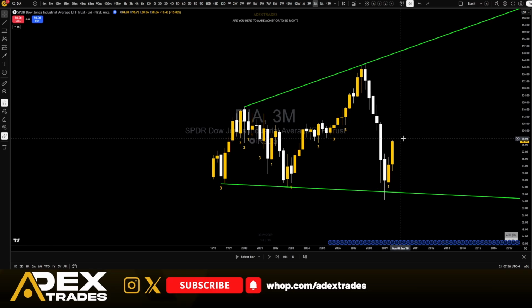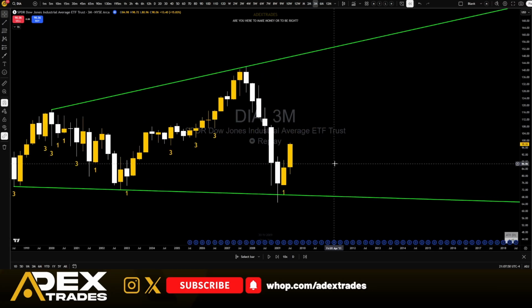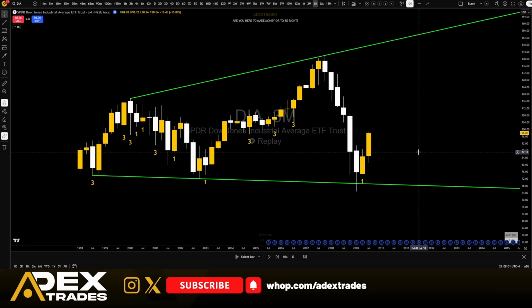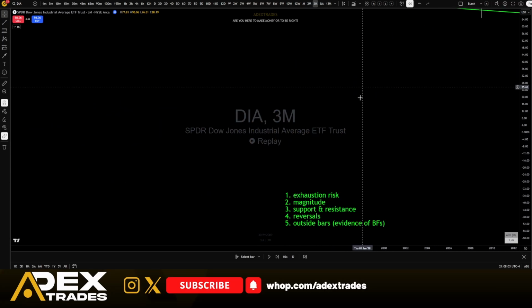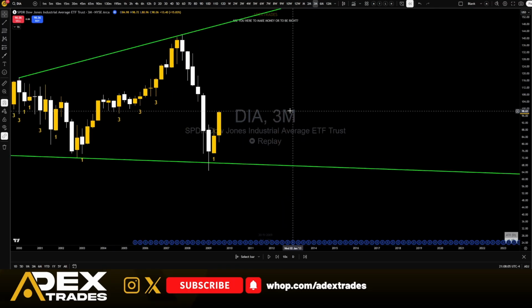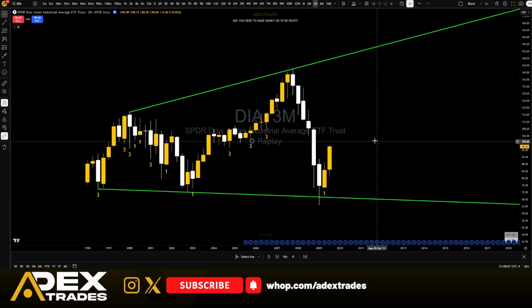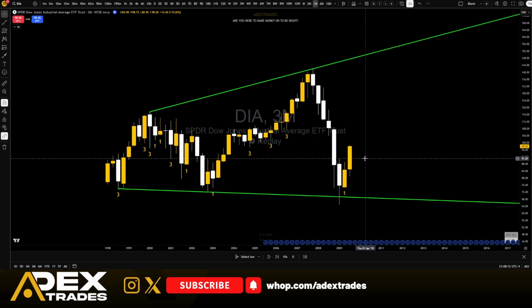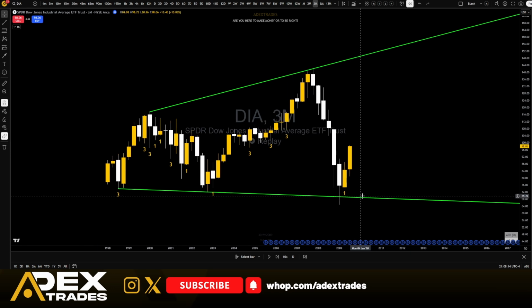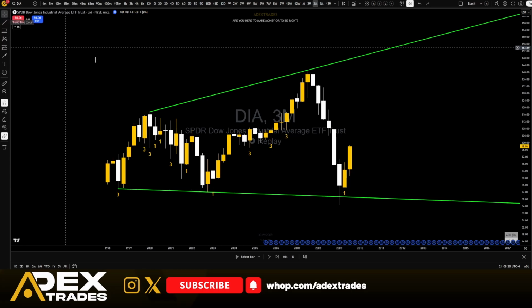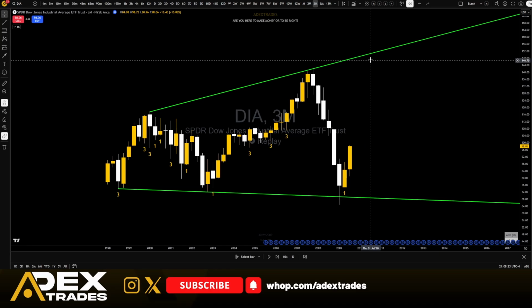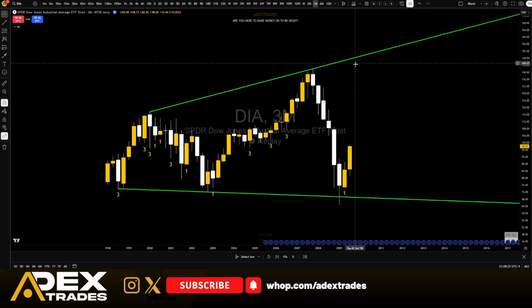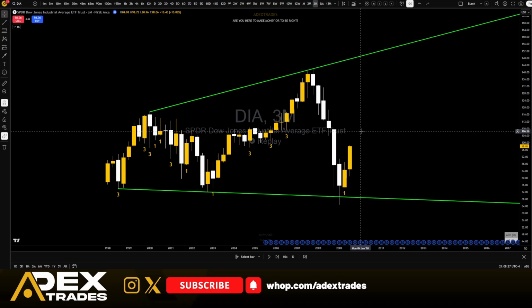Now that we're reversing back to the upside, where is price going? Remember how I talked about magnitude? Number 2, magnitude. Broadening formations give us insight into magnitude. Based off this reversal right here, if this is back in 2009, someone could have said, hey, I believe that the Dow is going to get back to 146 in 5 years or something.